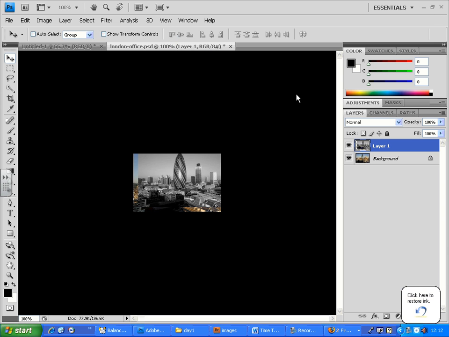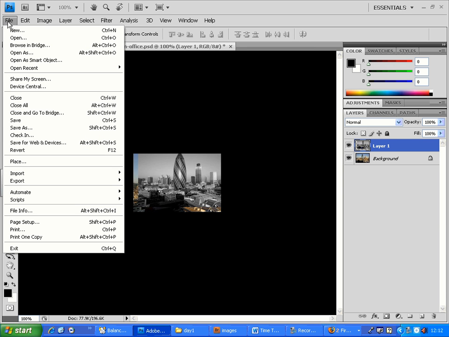And last but not least, I will save this file so that I can use it on my website. That's the final target destination. To do that, we go to the File menu and select Save for Web and Devices. Okay? This is called optimizing images. If you go for Save for Web and Devices,